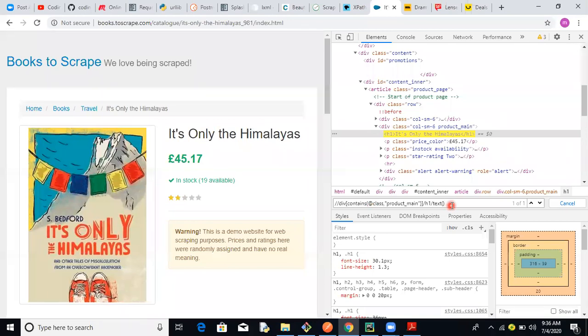So let's go one step ahead and see how to make a complete program for it. I think this is how we are going to use it; it's only the Himalayas part of it. Then later,